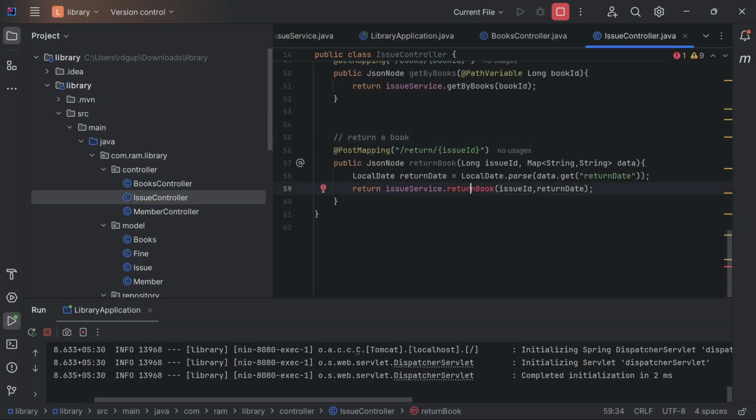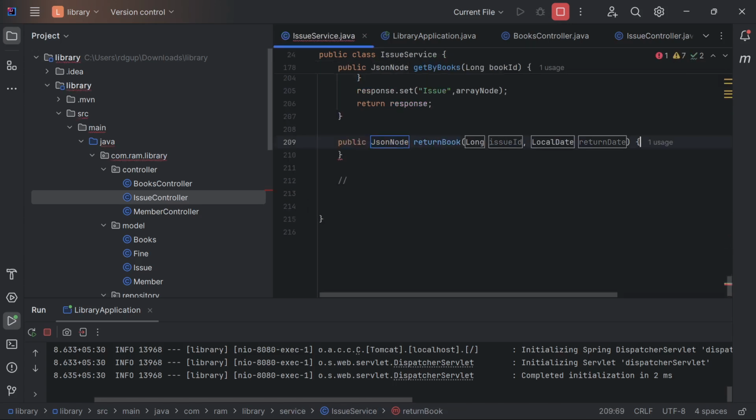Now this method is not available. First we are going to create this method, and then here we are also going to calculate if any delay, then we are going to calculate the fine also. So first I'm going to create object node response, object mapper dot create object node,